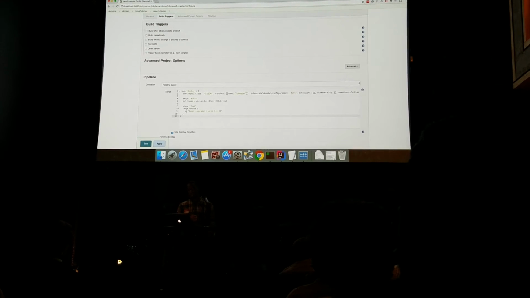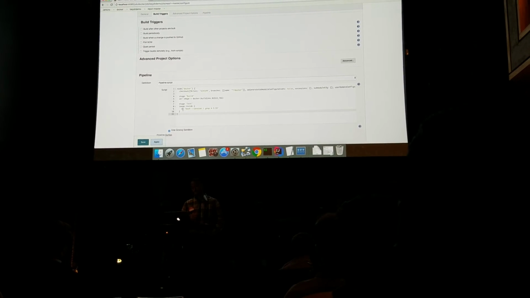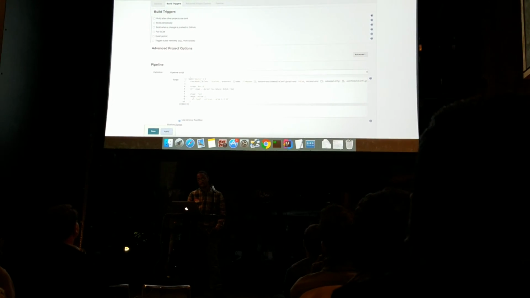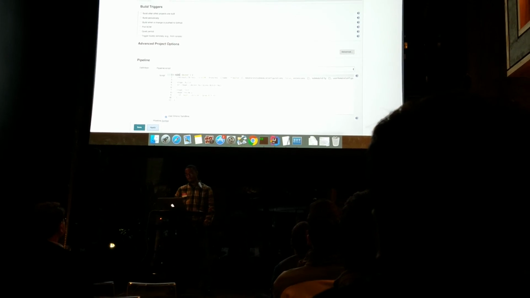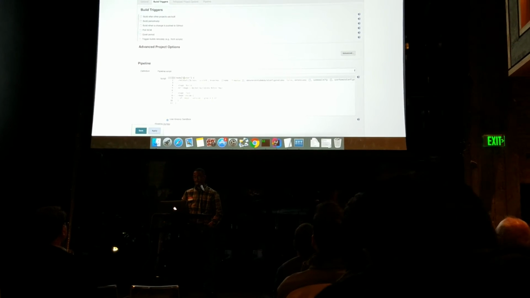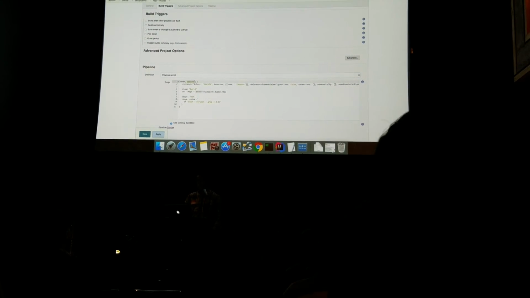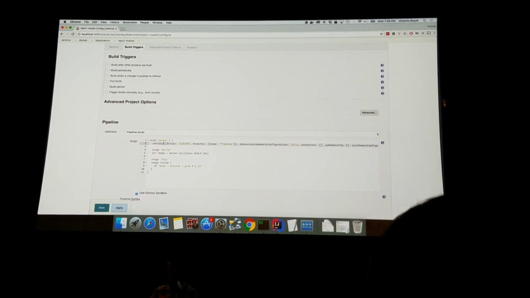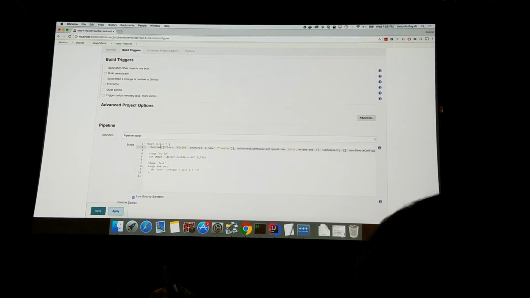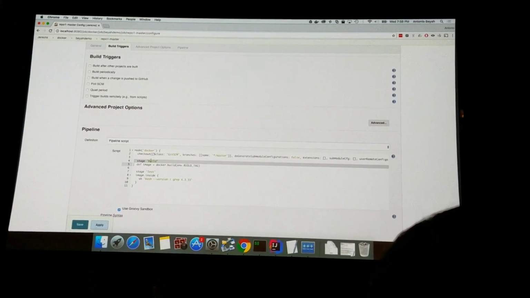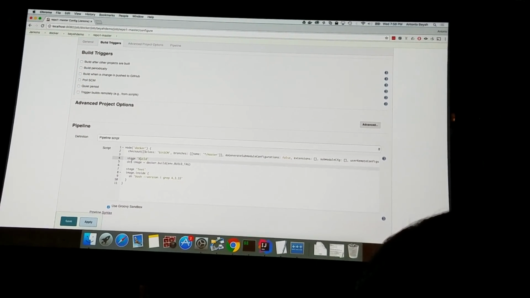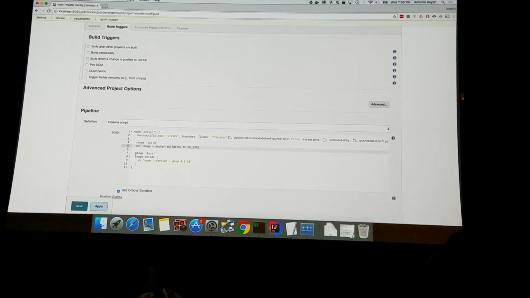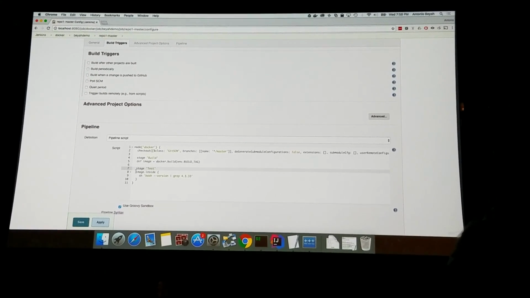So this is the script that the pipeline executes. Let's go line by line, since it's a pretty simple script. This node will go and allocate an agent and a workspace with this label. This checkout command here is what's actually going to do the checkout from SCM. Then the stage just creates that pretty view that you saw. Then we do this docker.build. Then we create another stage. And finally, we go and we